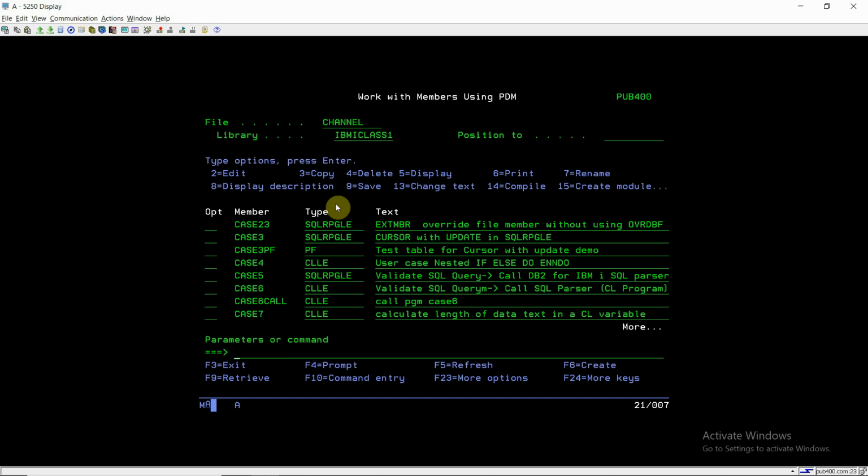Suppose there are 5 members and we want to read 3 members in the RPG program. We don't need any CL program, we don't need any override, we don't need to call that program again and again by overriding that file with some members. So we can handle this specifically in our RPG program only. We just need to call that program once and that program will do whatever we want, or read whatever number of members we want out of the total number of members in that file.